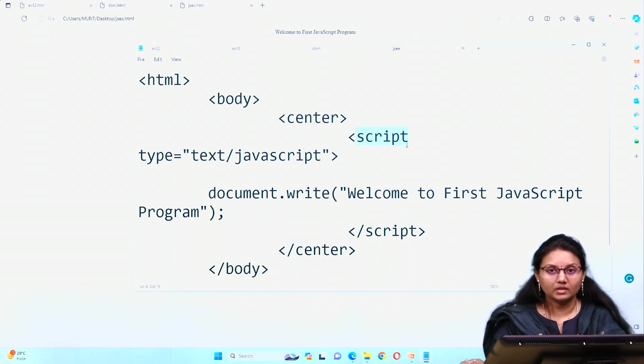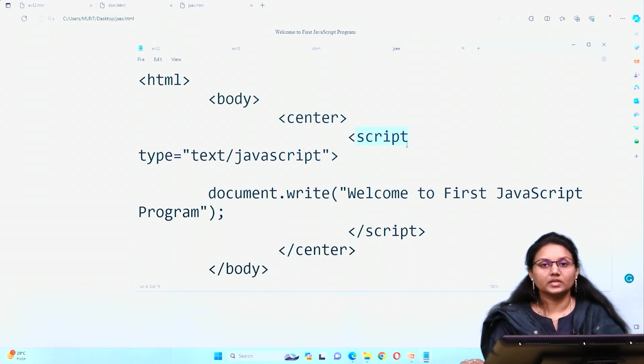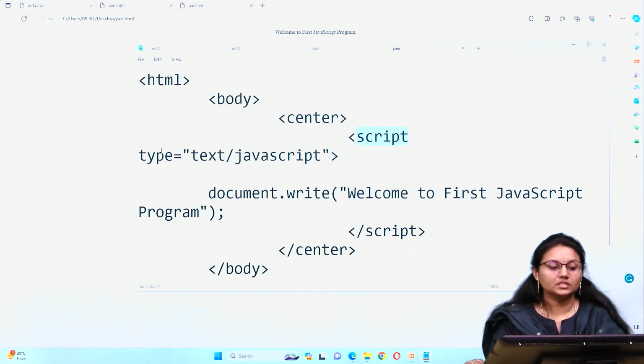The script tag is mandatory. The attribute that you can add for script is the type attribute. Type is text or JavaScript, you have to give. Okay, very simple. Moving further,